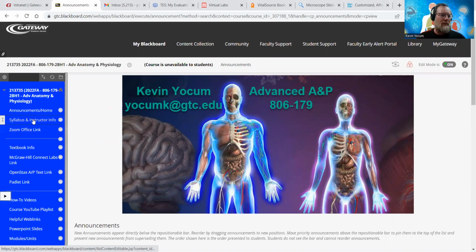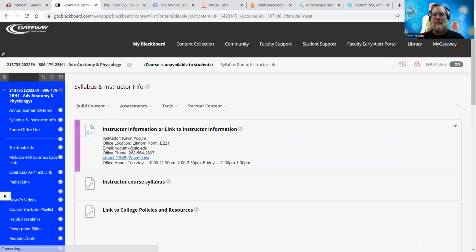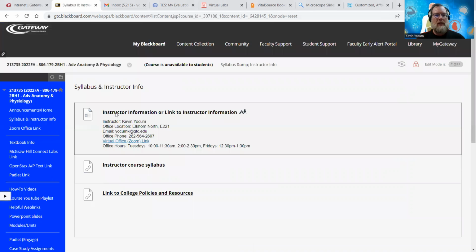The next tab that you see is the syllabus and instructor info tab. If you click that, you're going to see my information. My office is located in the Elkhorn North building, E221.